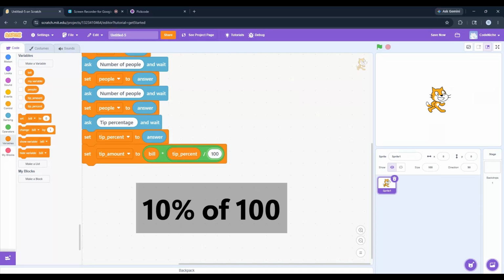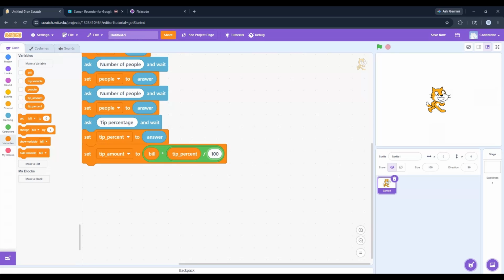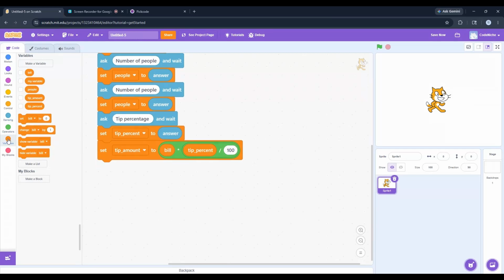We are trying to divide it by 100 because 10% means 10 out of 100. Right? Or maybe 0.10 as a decimal. So if you are asking that for $1,200, we have $120. That's the tip. So this is how the tip amount will get calculated. Now, when we talk about the total with the tip.